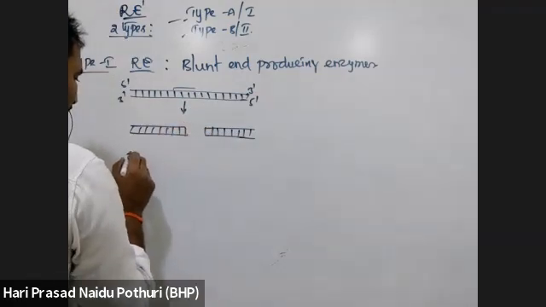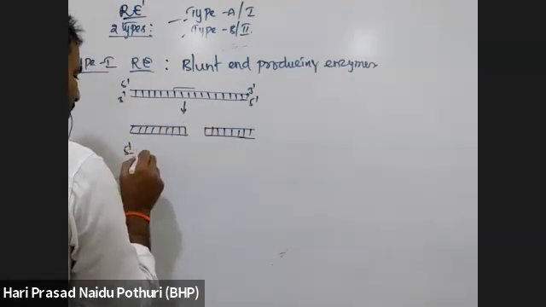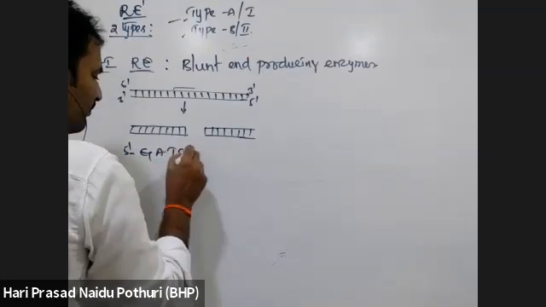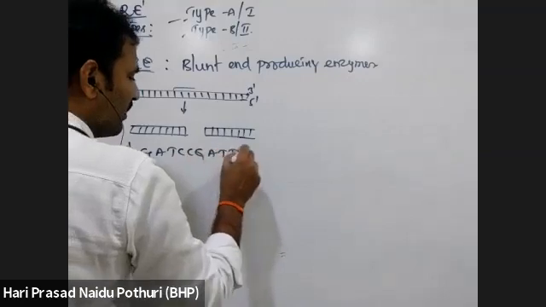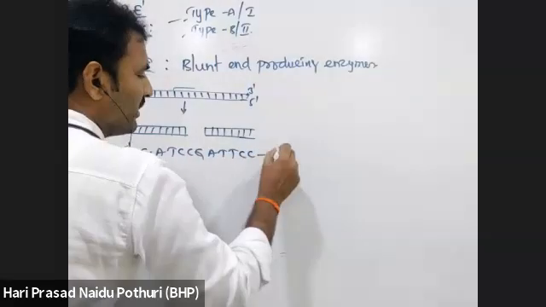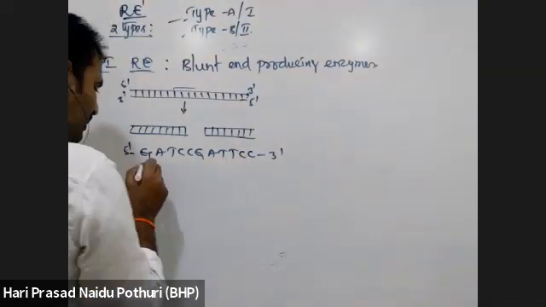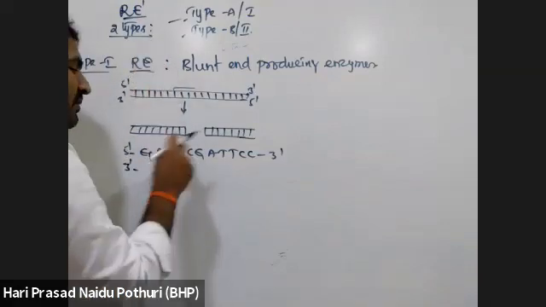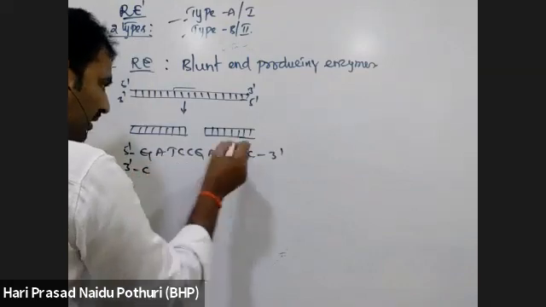Suppose, as an example, there is a nucleotide sequence with some nucleotides we wrote here. Suppose an enzyme belonging to type 1 is breaking that DNA, I am simply writing here